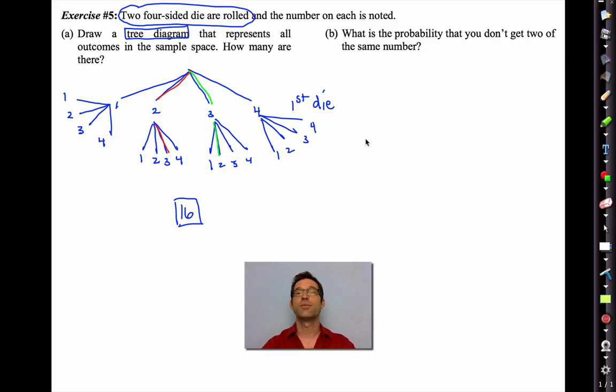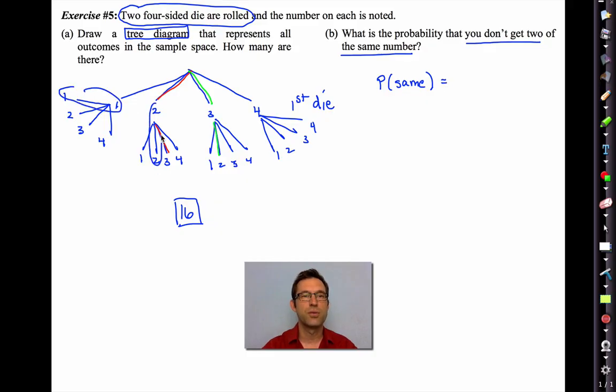Now, letter B says, what is the probability that you don't get 2 of the same number? That you don't get 2 of the same number. All right. Well, we could list our sample space. We really have our sample space sitting here. But let's think about the probability that we get 2 of the same number, right? What is that? Well, that would be a 1, 1, a 2, 2, a 3, 3, and a 4, 4. So that would be 4 out of those